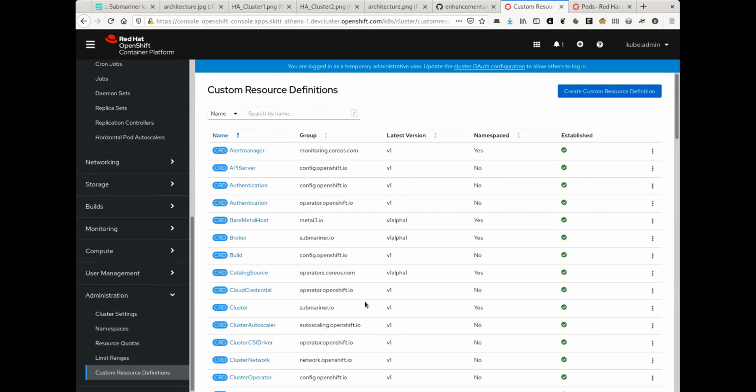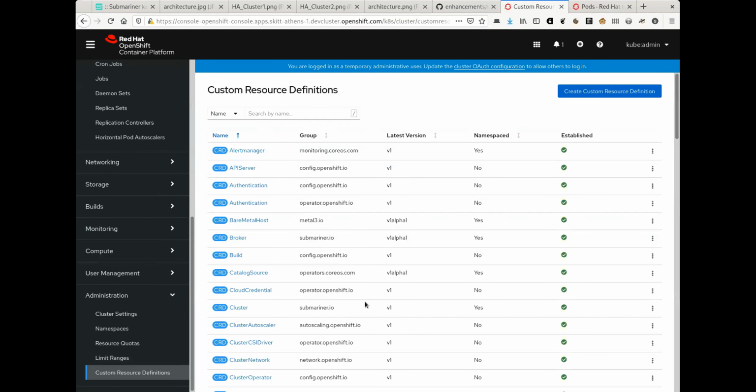And so we have here the cluster TRD, and this is where clusters are described. There are two copies here for Athens 1. The first one is in the broker namespace, and so this is the shared information. There isn't much at the cluster level. It's just giving the cluster name really, and the ID here. And so this is the broker one, and then in the operator,